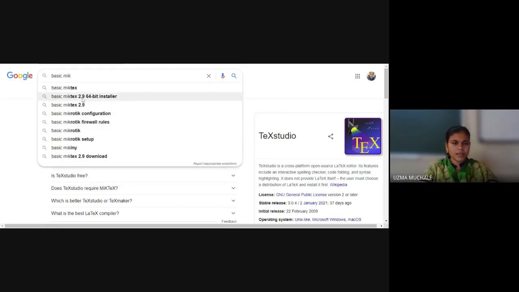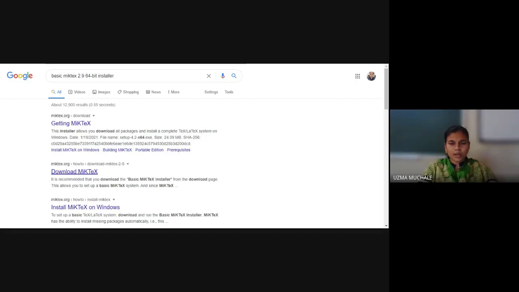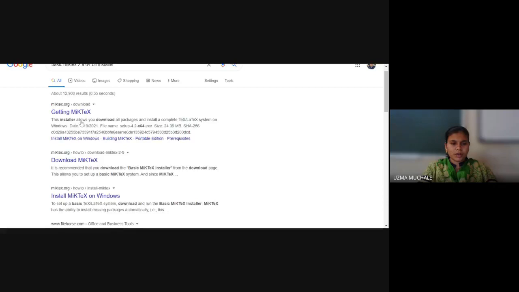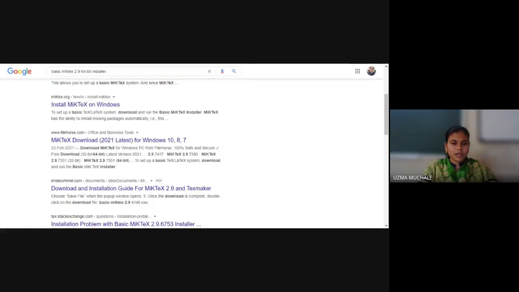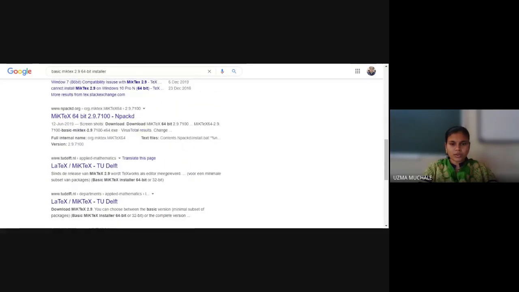Here you can have this 64-bit or 32-bit. What is the use of MiKTeX? It is used only as a supporter. No doubt you have to work on everything in TeXstudio, but basically MiKTeX is for the background. That means whatever program you are going to run, it will be run with the help of this MiKTeX. You have to download MiKTeX depending on your 64 or 32-bit configuration, and after downloading, you have to run it and install it.